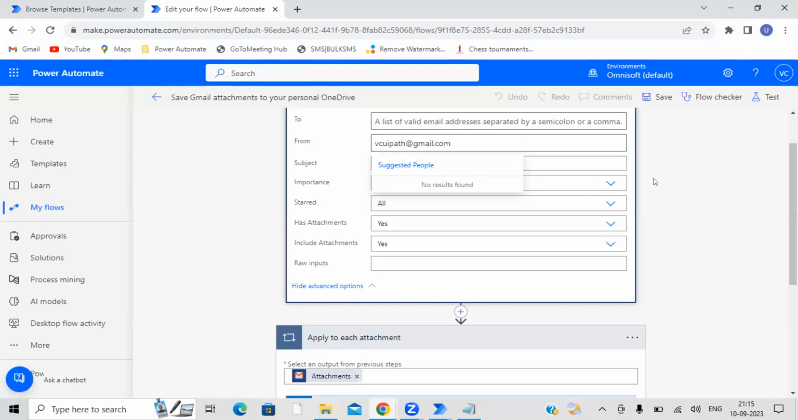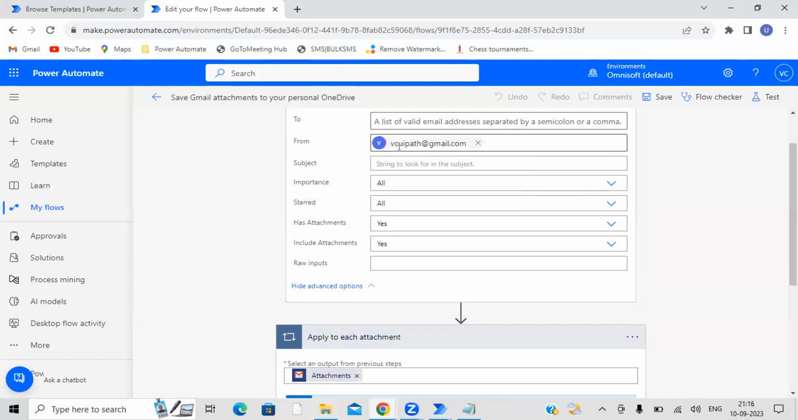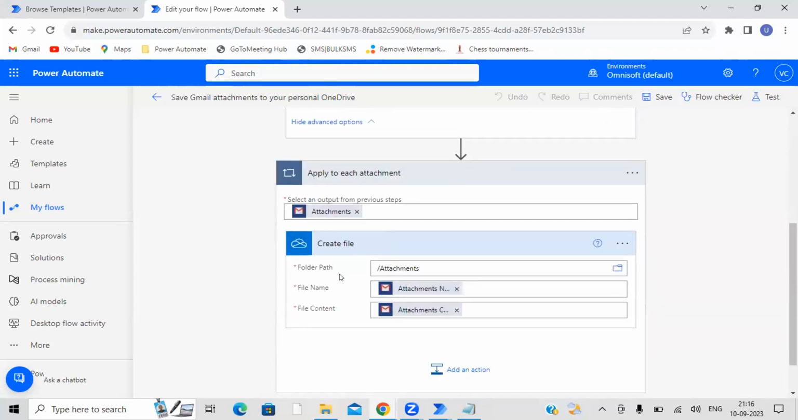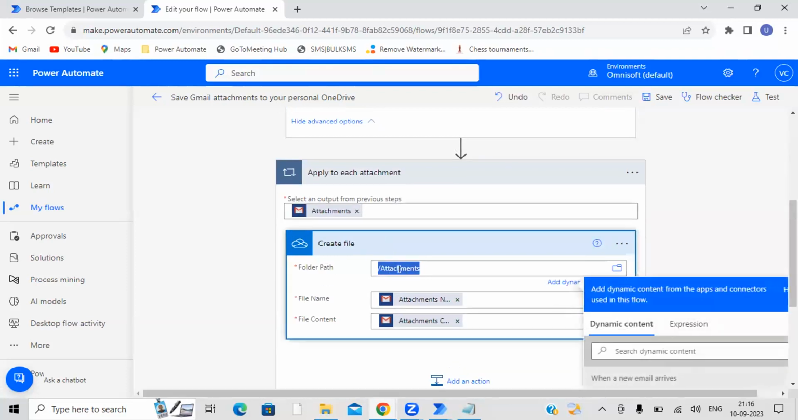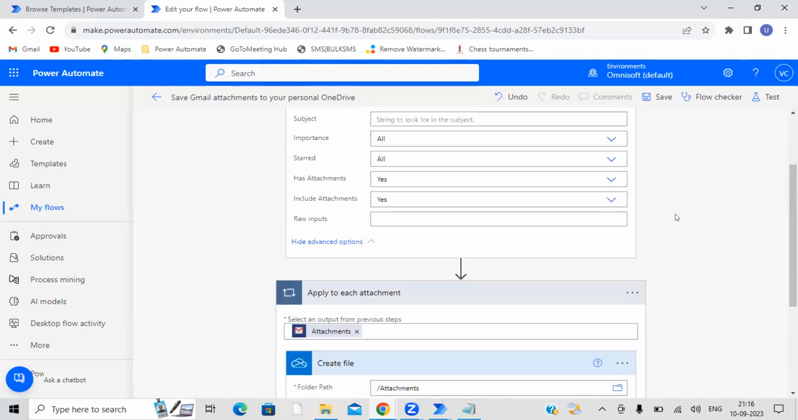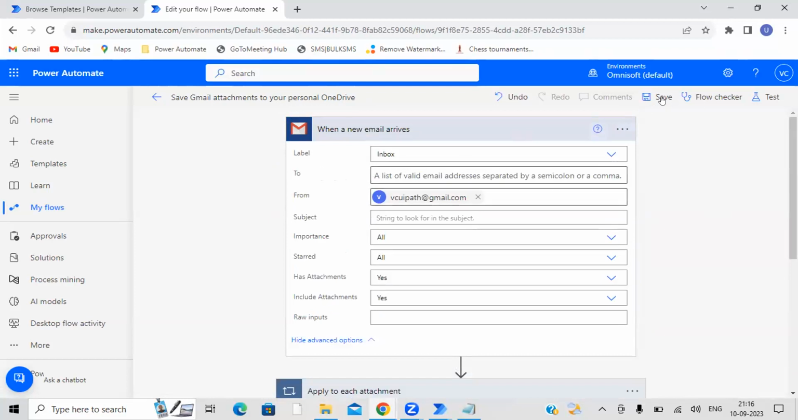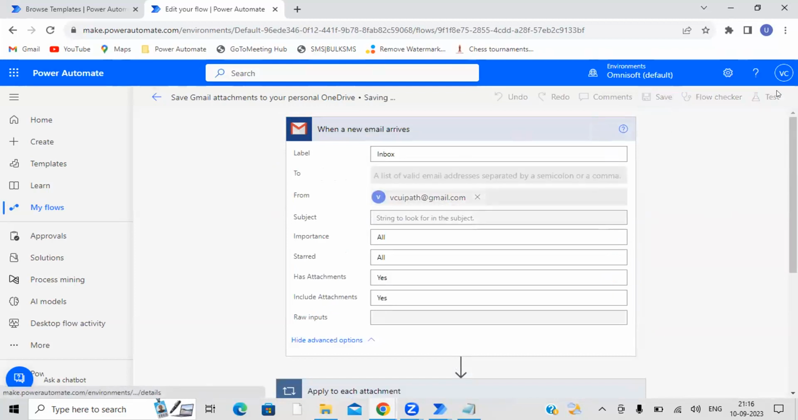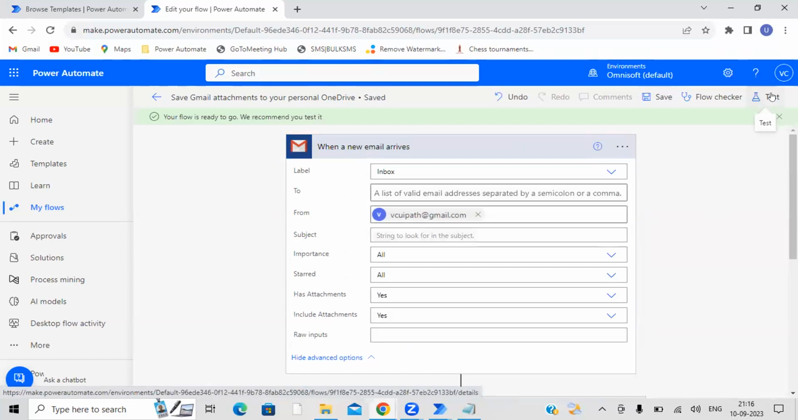this one. Whenever it receives an email with this attachment, this flow will run and it will store the attachment. You can see it has taken the attachment by default also. If you want to change the folder, we can go and change the folder variable, right? So now maybe we can click save and test,